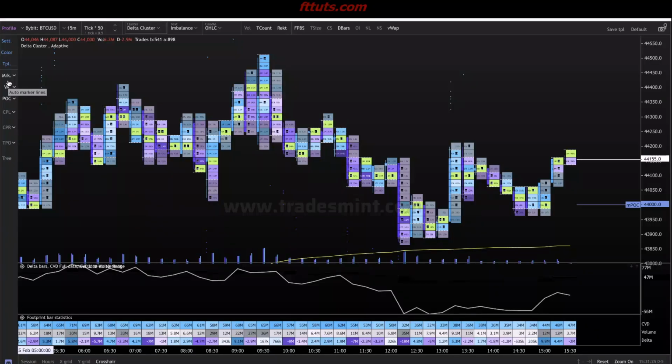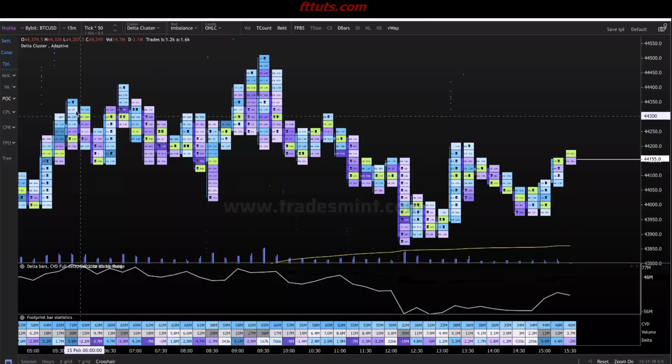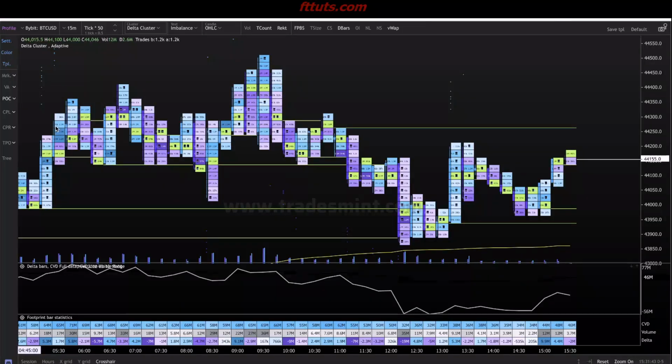So I'm just quickly going to go through what everything is, and then we will go into it more in later sessions. This is the point of control, which is the highest volume node traded in each candle. You can see if I click on and off POC, it's going to give me a point of control for each candle. And if I go ahead here, you can see naked point of controls. This will extend the point of control out to the current place